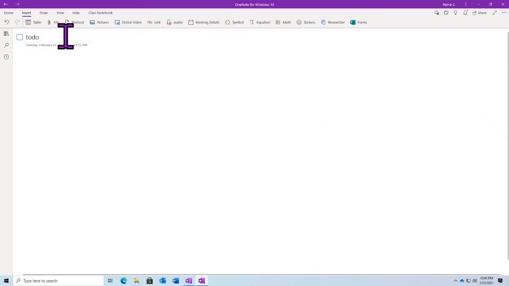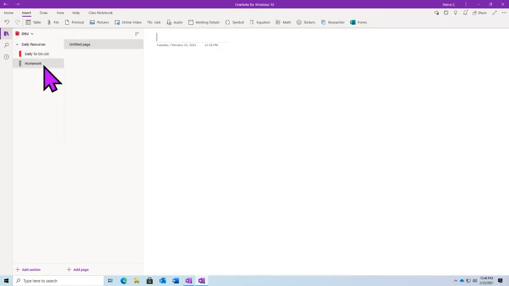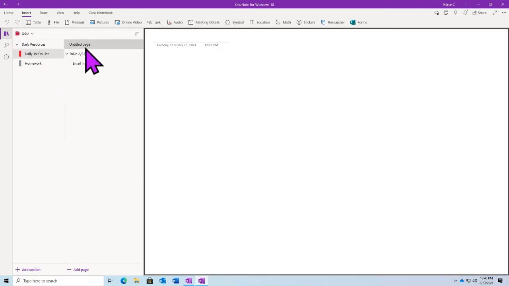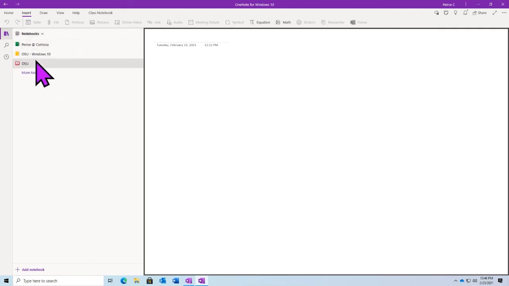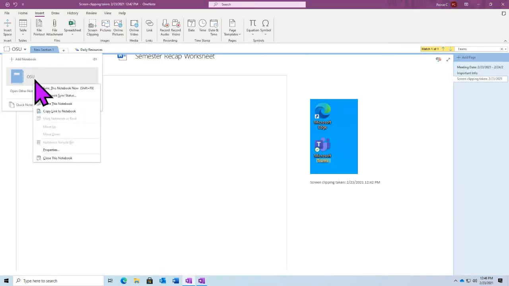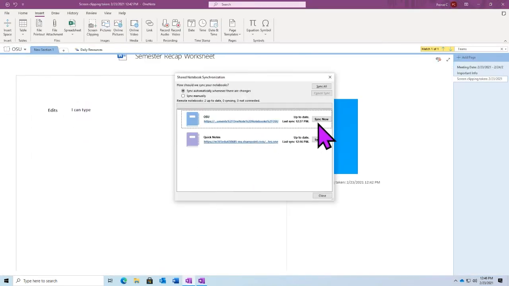Yep, so printing a page. So you mean printing like from a Word document to OneNote? No, so if we wanted to, let's say, print the page that we're working on right there, if we wanted to send that to a printer to print that out, can we do that? Yeah, absolutely. So if we would like to print information, I'll actually go to our other notebook that has some information on it. We'll wait for this to synchronize real quick. Since we've made some edits to it, I want to make sure that all of this is good to go.